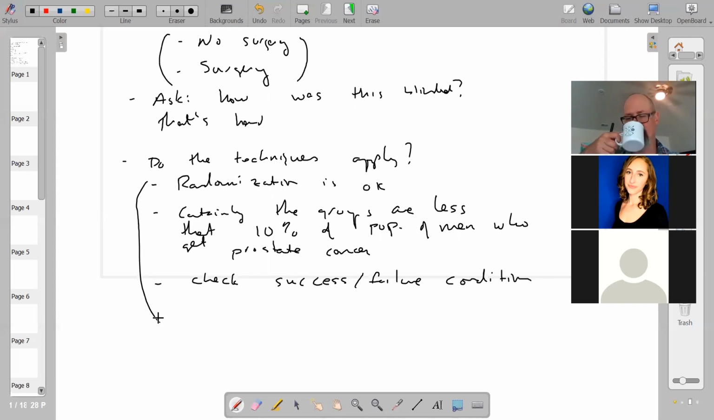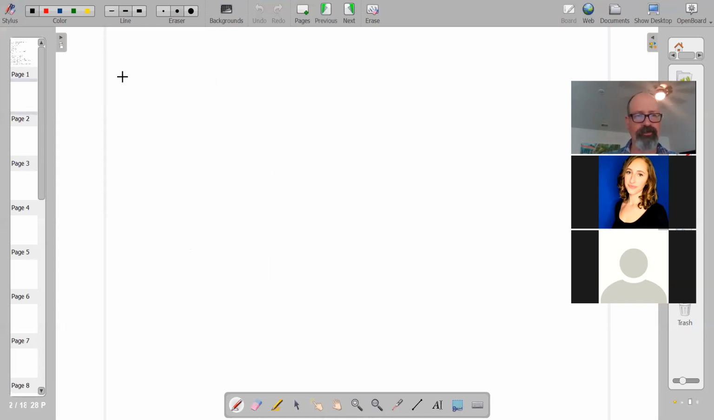What's being described is probably not something like a randomized clinical trial, which might give you some pause, but at least it's plausible that these conditions are satisfied based on the description of what you see. I need to write a little bit more down here, I think. If you go back to the problem,